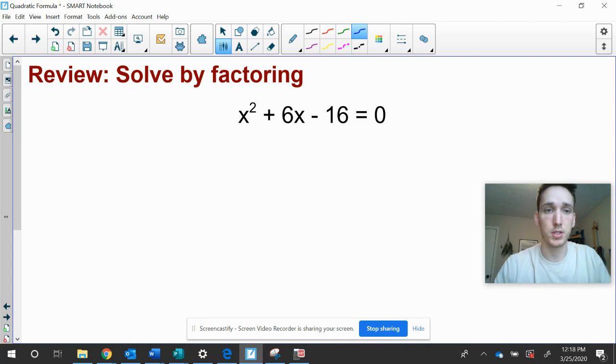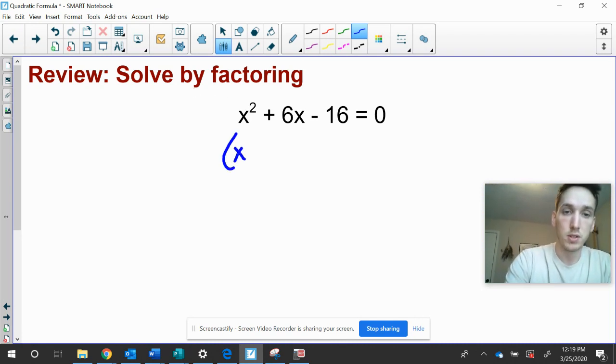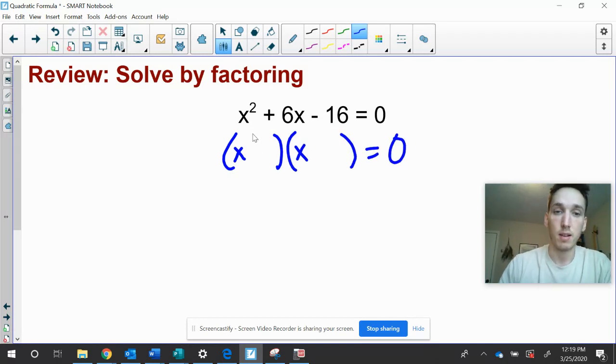So let's solve this quadratic equation by factoring, right? So I know I can't solve it by square root because I've got an x term, right? It's in standard form and it equals 0. So I know I'm good to go by factoring. So I know it's going to be x and something times x and something, right? And because a is 1, I just got to figure out what these two numbers are. What are the two numbers that multiply to negative 16 and add to 6? What's positive 8